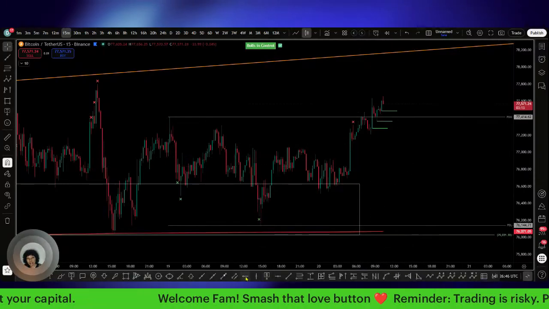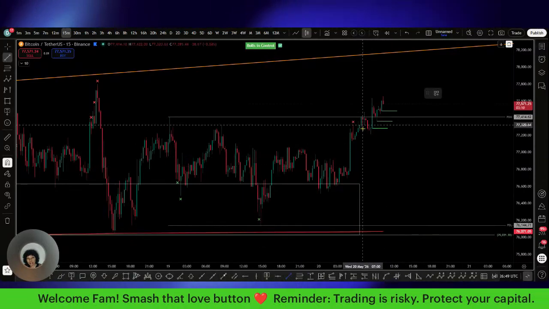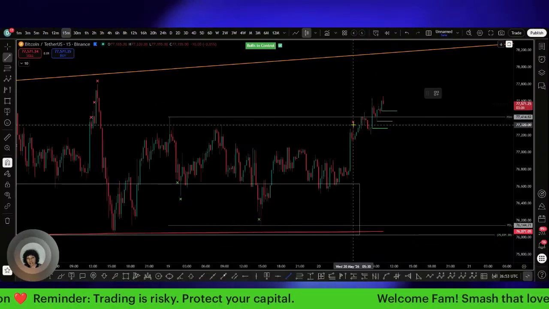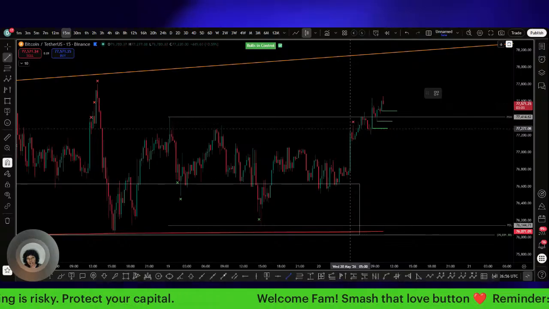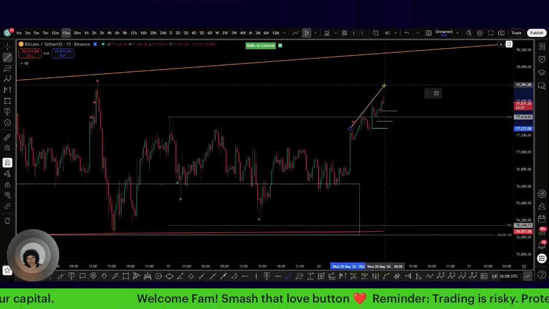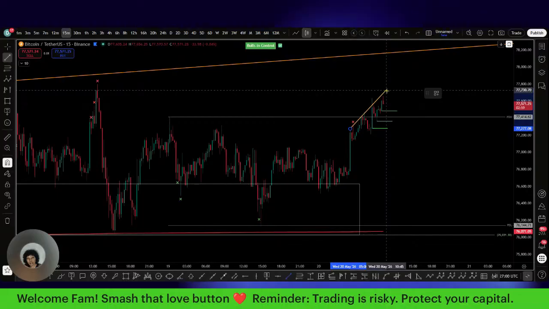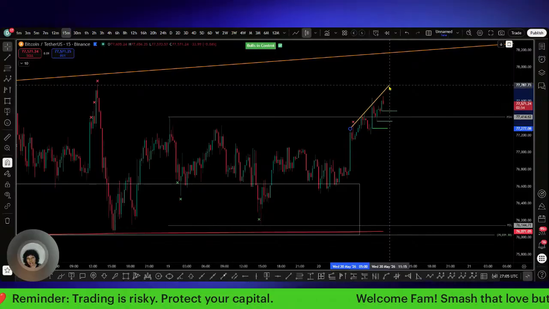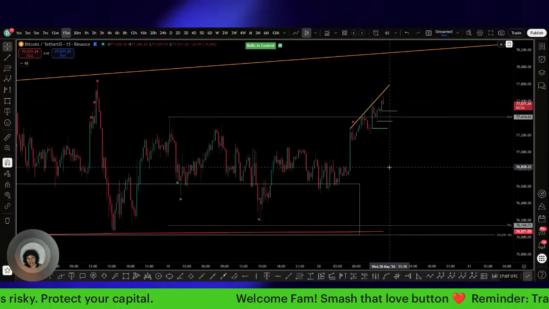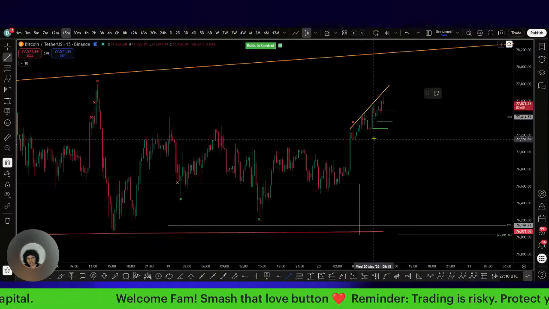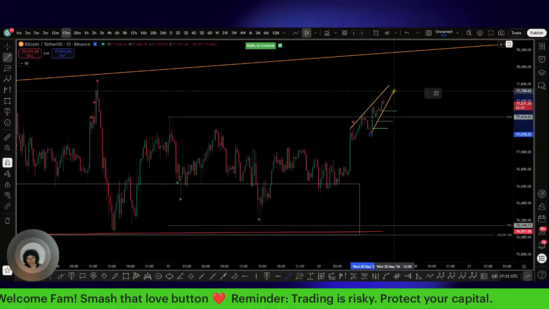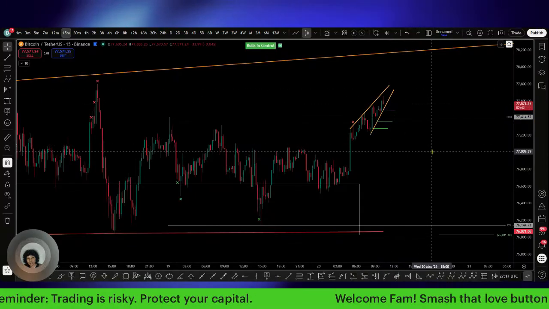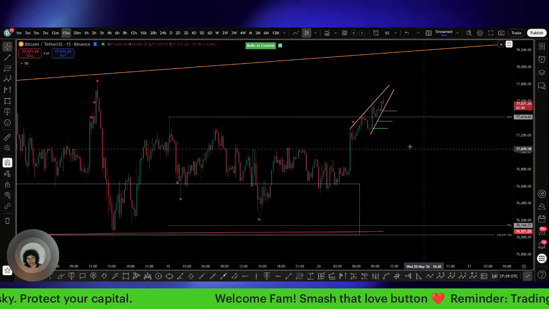All right, so we have our little, I don't know if I want to start that from there, start that over here, or what I want to do with this. There's really no perfect way for me to draw this, but this is the situation right now with BTC. Right in here, little rising wedge right here.